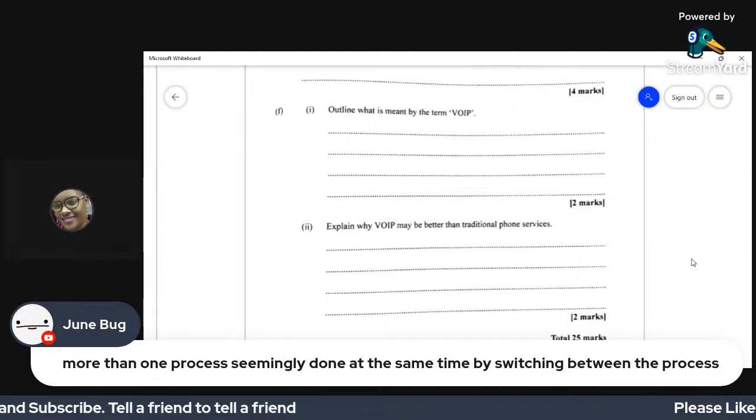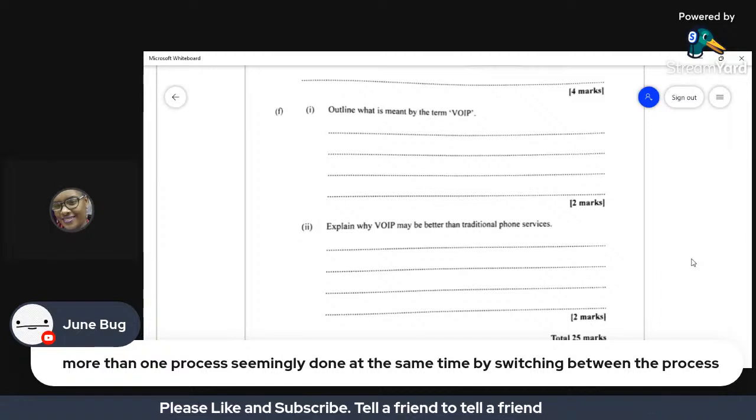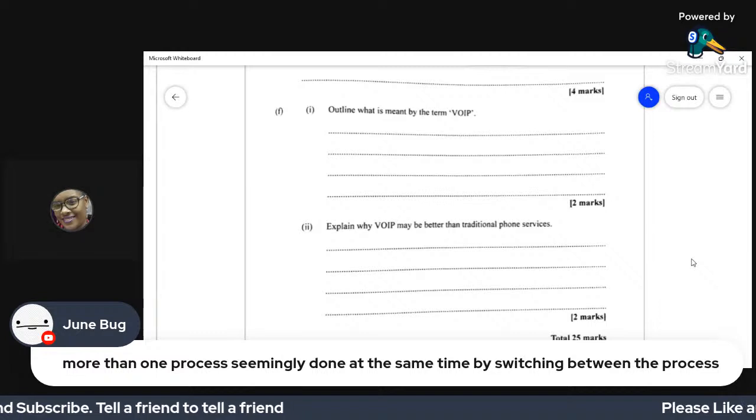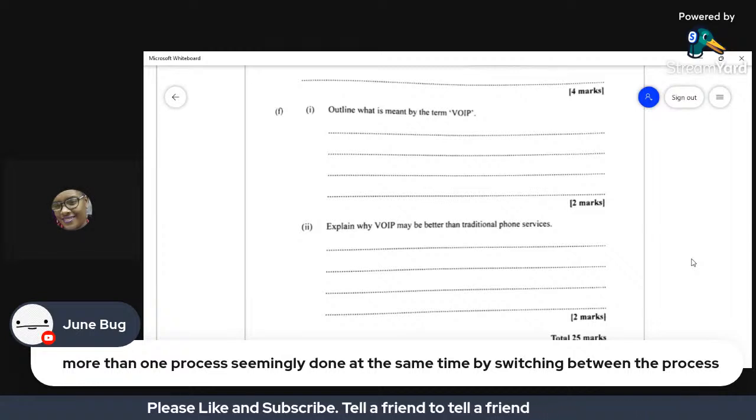So it is cost effective. Because if you pay for the internet and then you have to add credit to your phone to make phone calls, then you would be incurring additional costs, right? And that would be it.